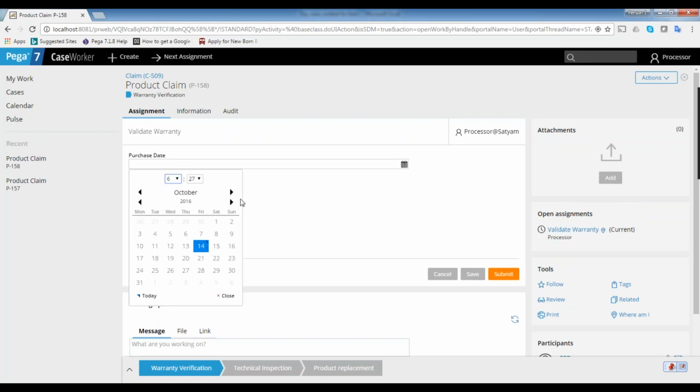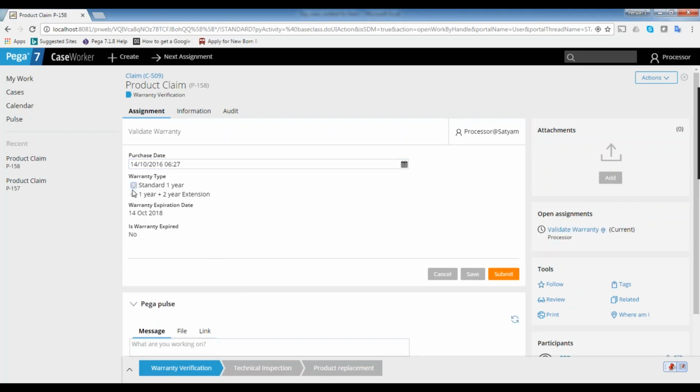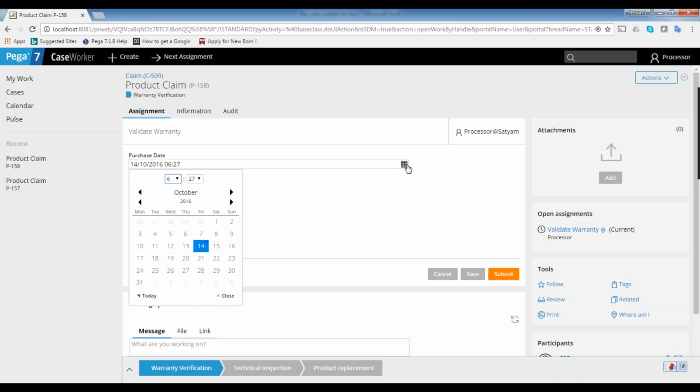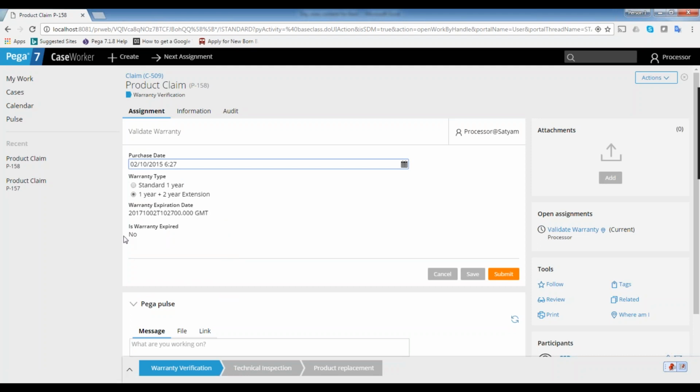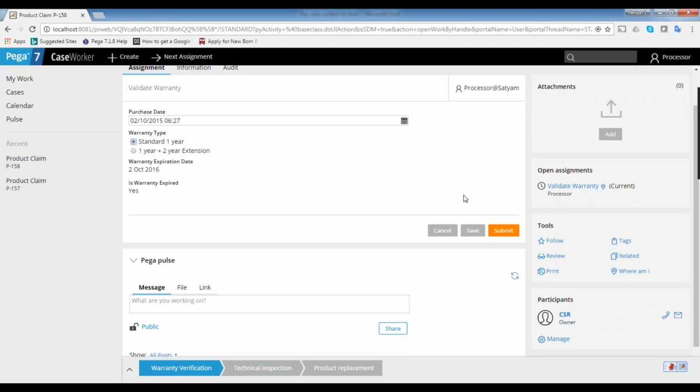So here I am going for negative scenarios now, like the rejection scenario. So now warranty is expired. When the warranty is expired, I should get warranty expiration, I mean that warranty rejection scenario.